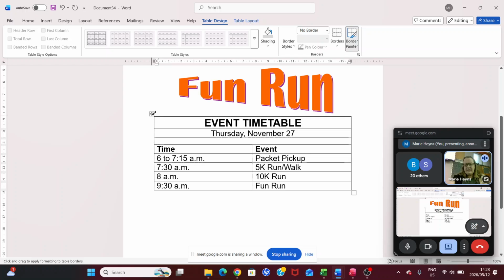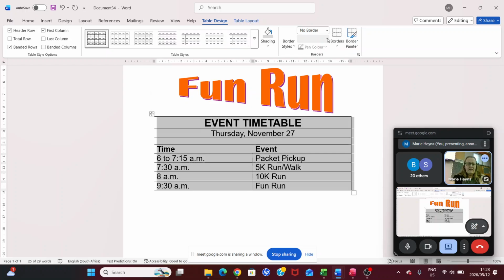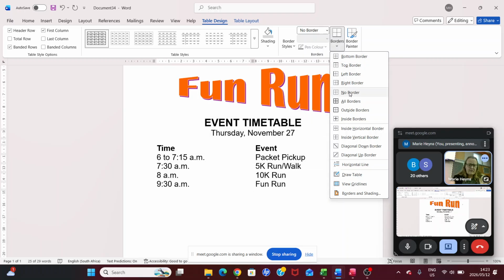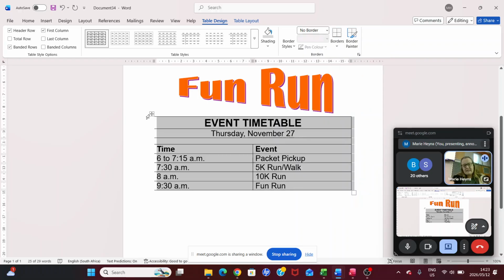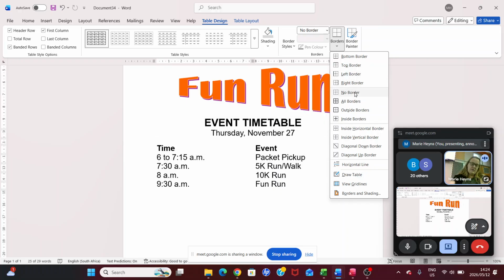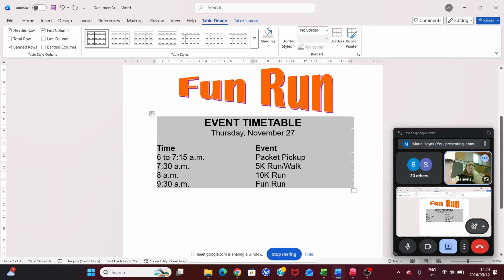Okay, I'm sure there should be a better way to do this. If I select the whole thing, I can probably say no borders also over here. So this is going to be a faster way. So you can just select it here by clicking on this box that has the plus arrows. When you click on that box, you can also just go here to borders and click on no borders. Just remember, if you do that newspaper type of column thing, sometimes some lines must remain. So then you might just want to go and draw those lines in.